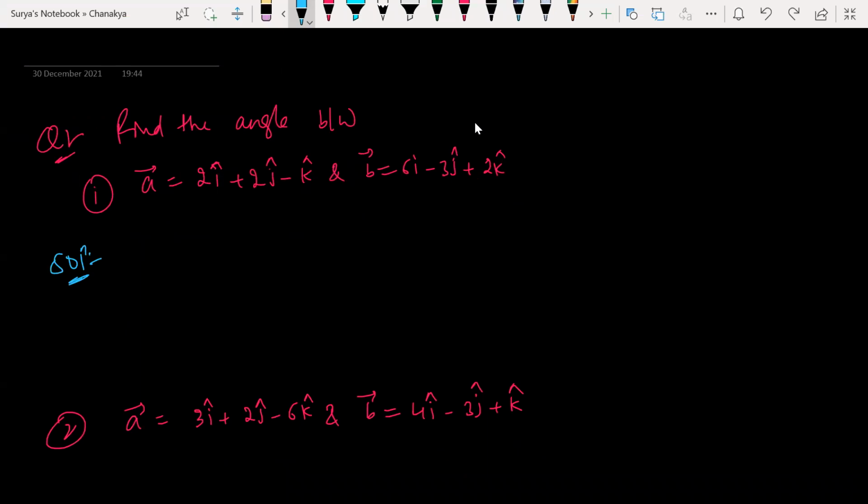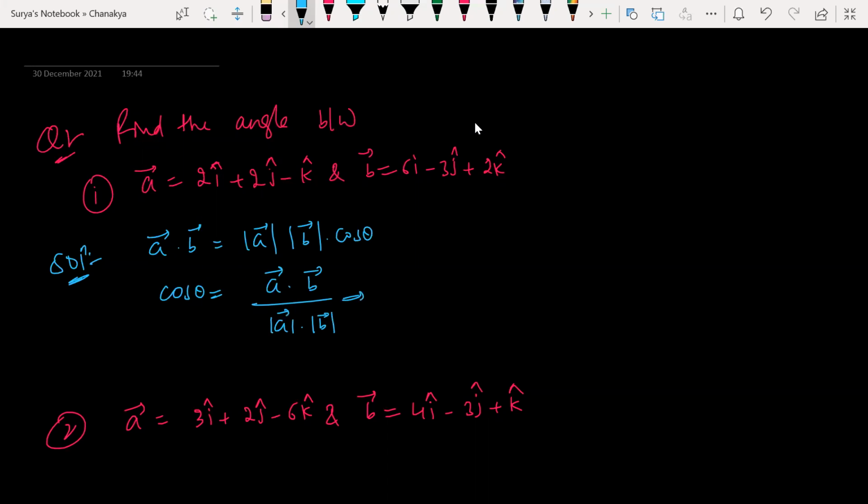What is the formula for the angle between two vectors? Vector A dot vector B equals magnitude of A into magnitude of B into cos theta. So cos theta is equal to vector A dot vector B upon magnitude of A into magnitude of B. So A dot B, what is A here? 2I plus 2J minus K